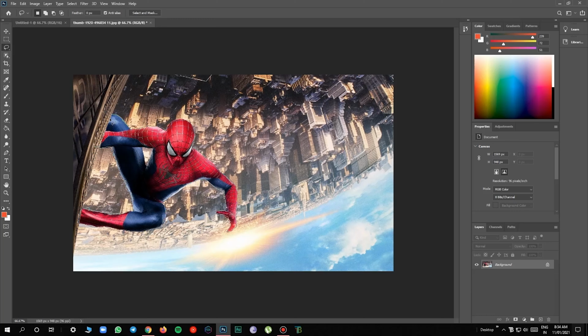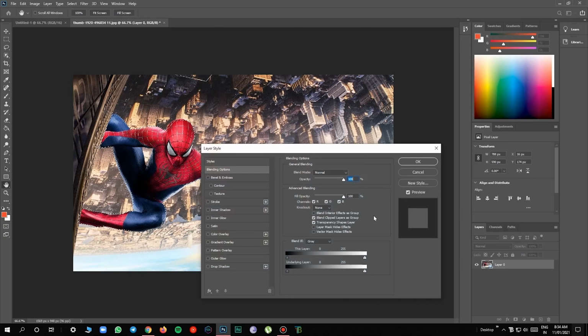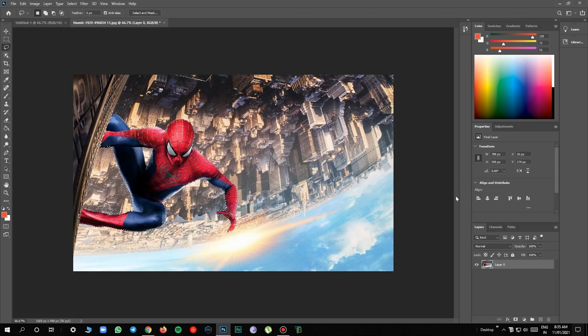Now we are done. So after this, let's double click on the lock symbol to unlock this layer, and just give OK. As I told you guys in the earlier videos, it just unlocks the layer, so we can do anything we want to.